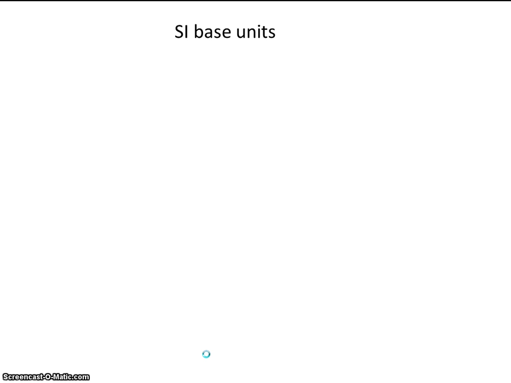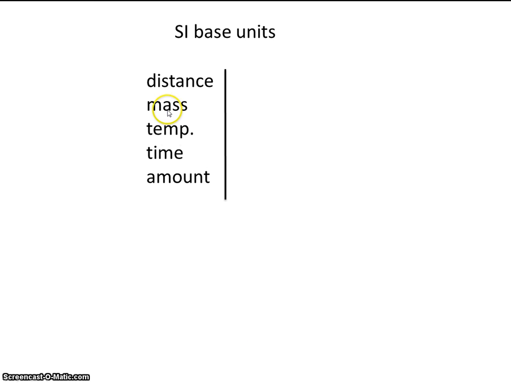We're going to look at the SI base units. The SI system, I believe, stands for the International System of Units. It's very similar to the metric system. There are a few differences, but you can think of them as the same if you'd like. So we have a certain way of measuring distance, mass, temperature, time, and amount. Distance is measured in meters, mass is measured in kilograms, temperature in Kelvin, time in seconds, and amount in a